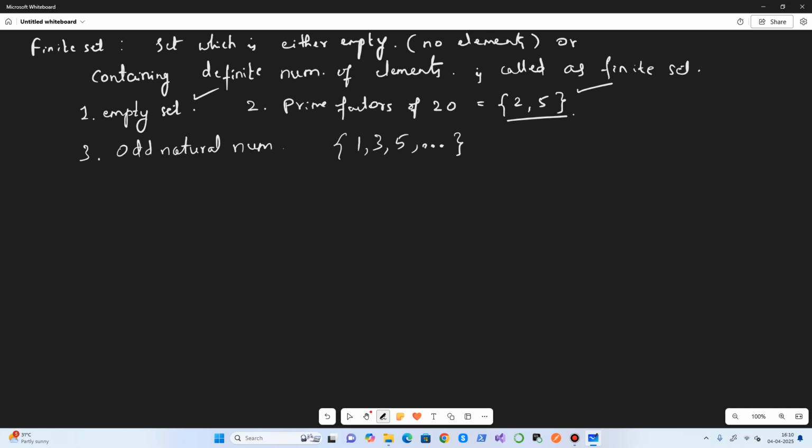So the number of elements is indefinite. In fact, we call this infinite. There are infinitely many elements, and that's why we say this is not a finite set.